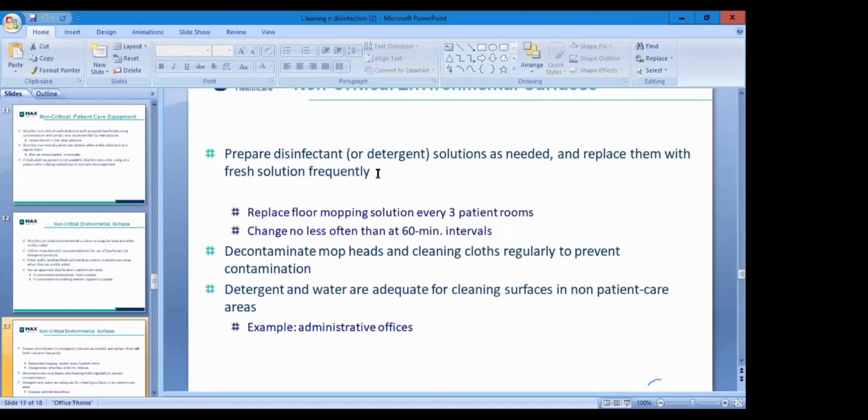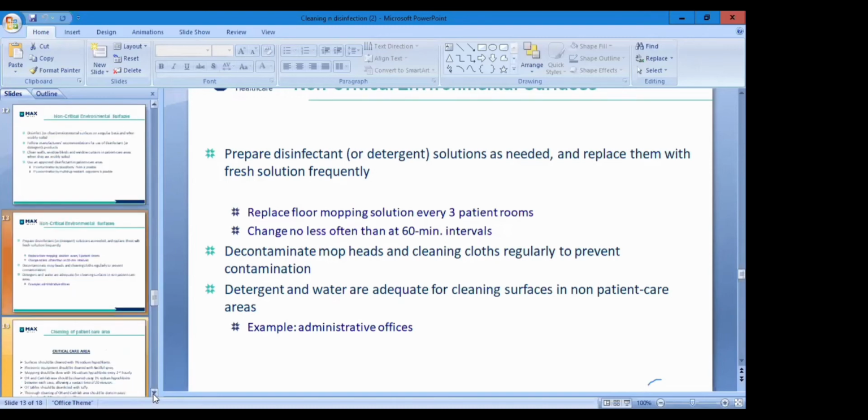So in non-patient areas, this is very important that in our critical areas, we have a supply of dedicated RO water only. So RO water makes it easier, it's a softener, and because the hard materials are not present in that, the disinfectants work best in those solutions. So we have made it mandatory to have in critical areas the solutions.